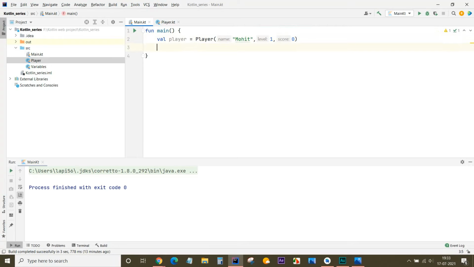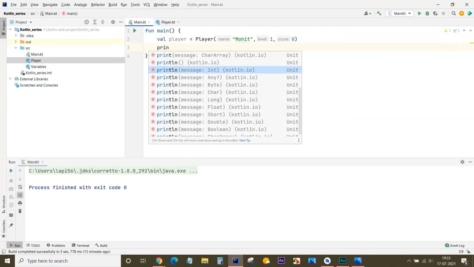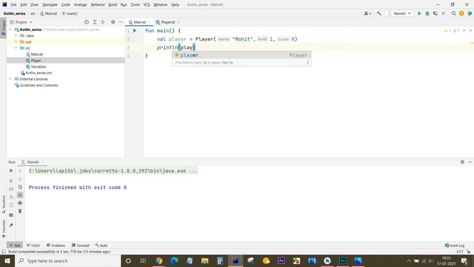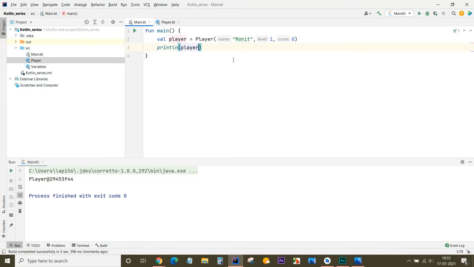Now we want to print it: println and player. What do you think, will it run? Yes, surely it will run, but let's see what output it gives. Yeah, it is giving a class name followed by its hexadecimal value.